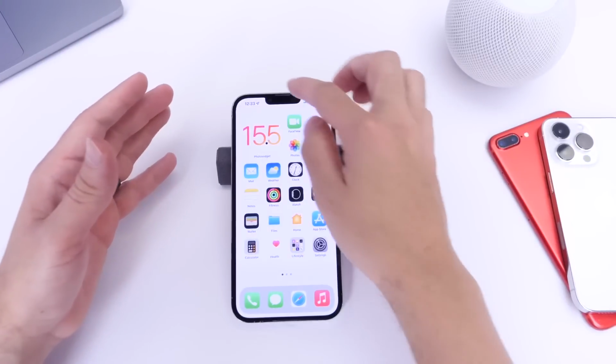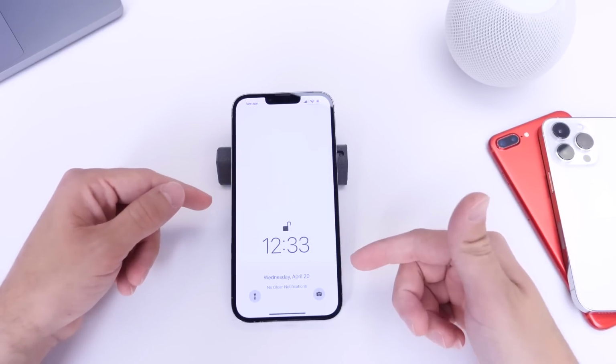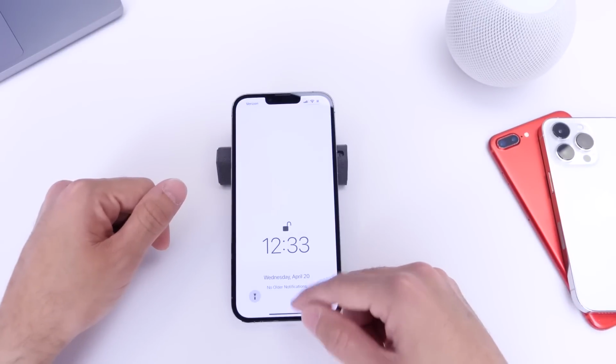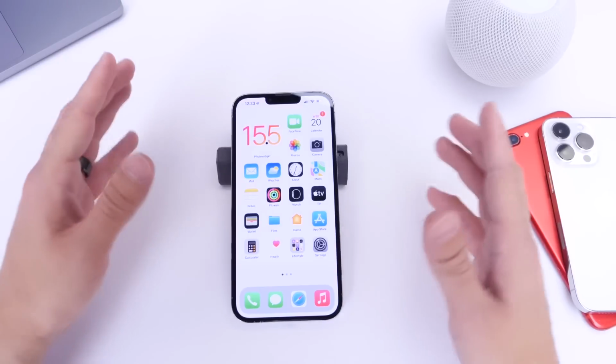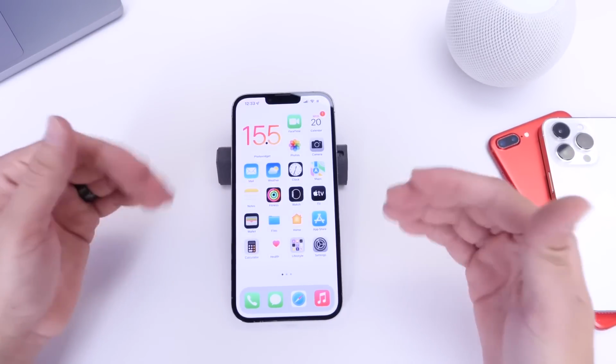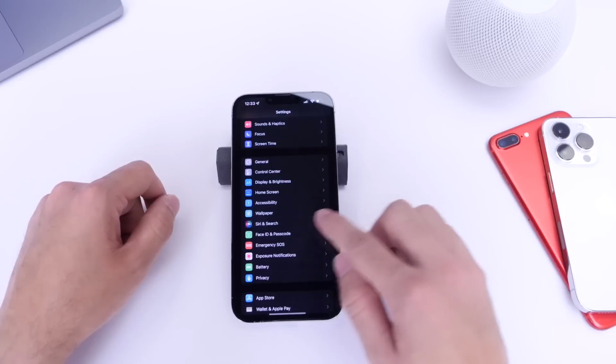Now last but not least, I'm going to show you how to get the clock on the lock screen to appear on the bottom portion of your lock screen. I'm sure you've noticed this throughout the video, so I'm going to show you how to do this on your iPhone. It's fairly simple. The first thing you need to know is that you do need Face ID to be enabled with a passcode. Once you do that, obviously you want to go into settings,